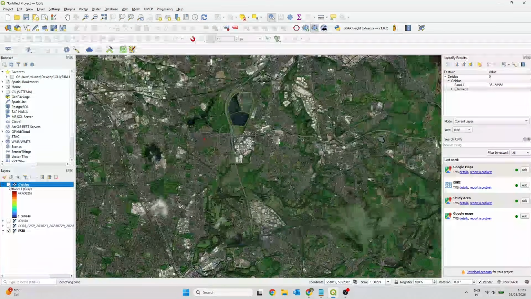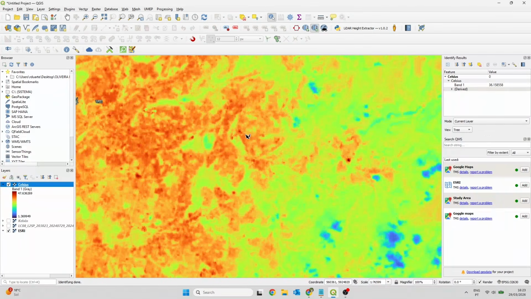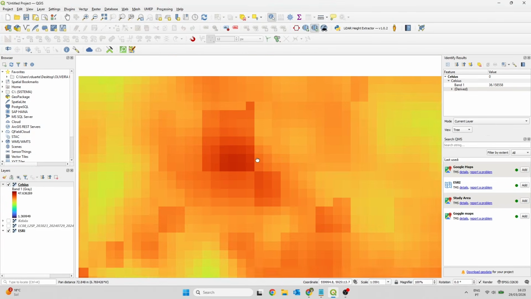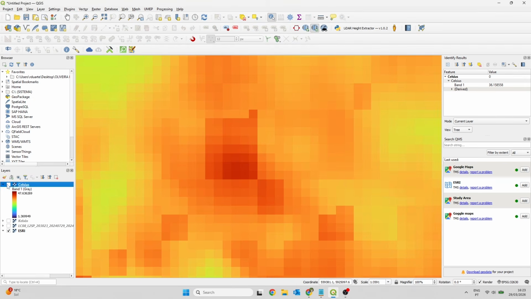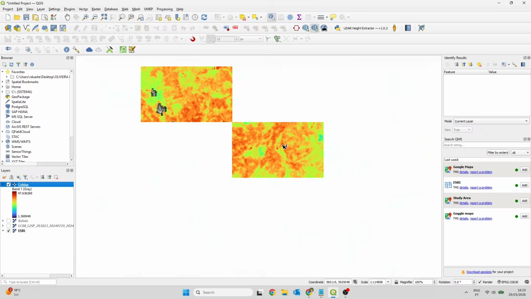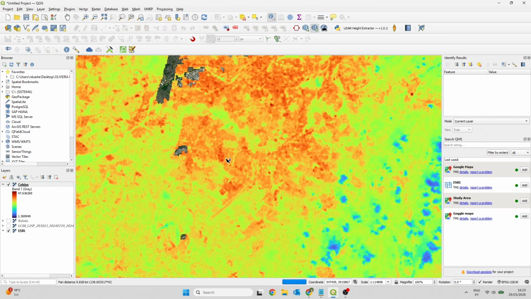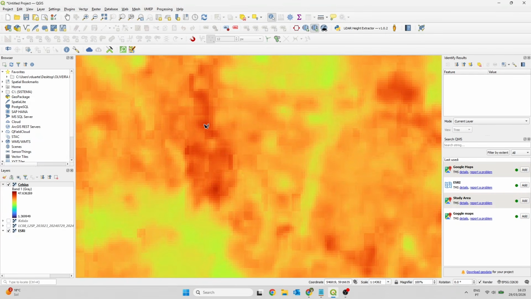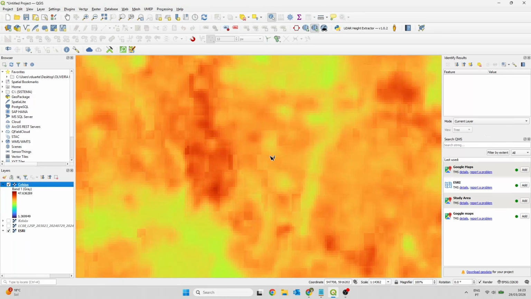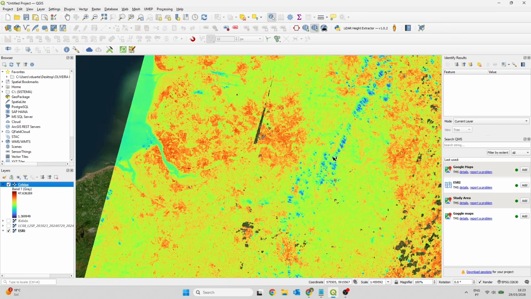Let's take a closer look at some of these more intense red areas. If we inspect this bright red zone, we can see that it clearly corresponds to industrial areas. It's quite evident that industrial zones tend to show up in stronger red tones, meaning significantly higher surface temperatures. Looking at the area here, we can see a very reddish patch, which again turns out to be an industrial area. Let's zoom in a bit more, one or two more times.